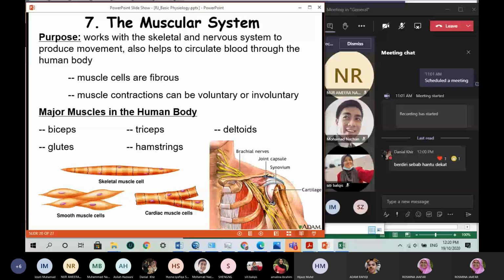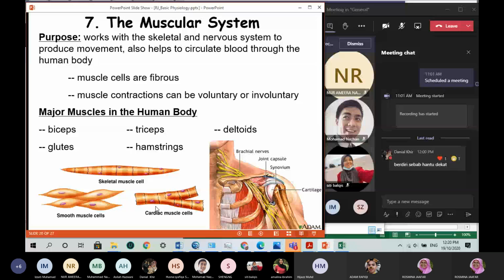The muscles, but there are muscles also. So the muscles that are in the blood vessels are called smooth muscles, whereas skeletal muscles are muscles that attach to the bones. Muscles that are within the cardiovascular system are called cardiac muscles. So altogether, talking about muscle types, there are three kinds of muscles.